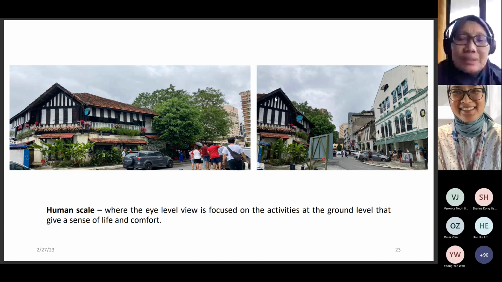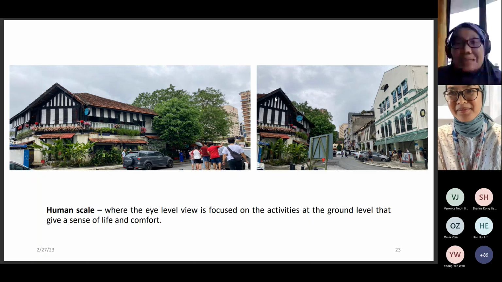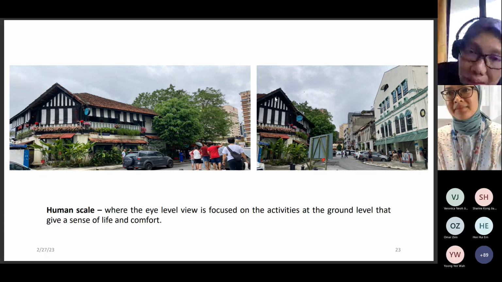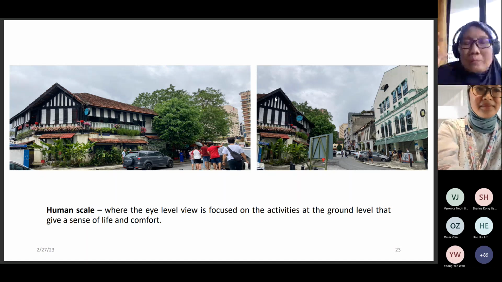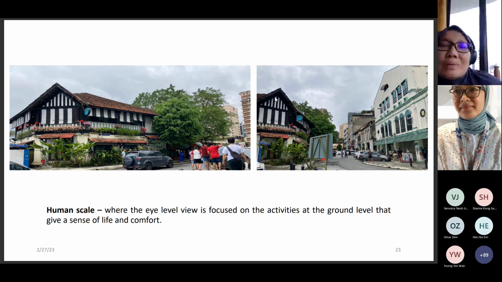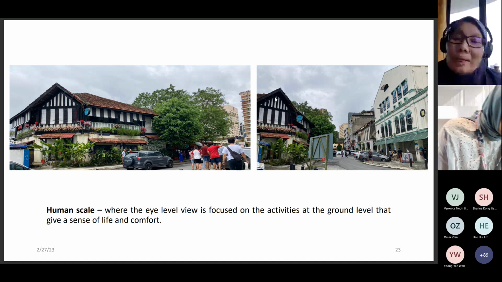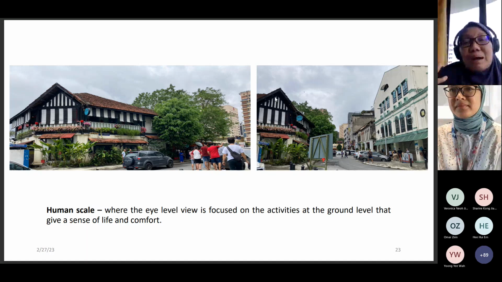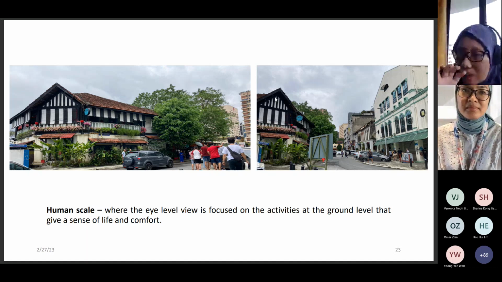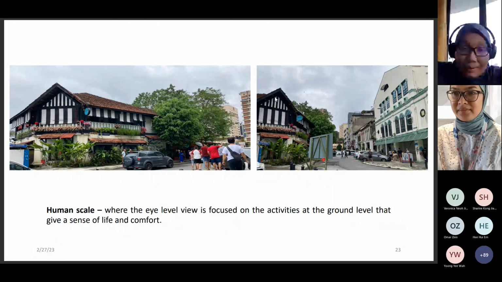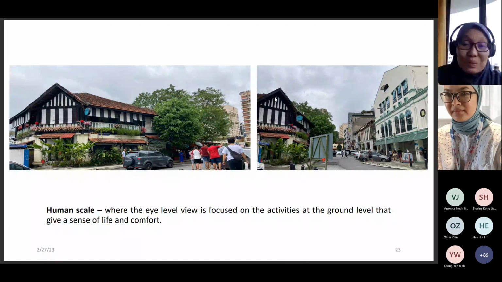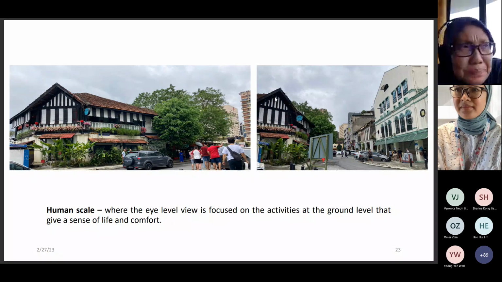So when you know that you design the townscape for eye level, then you have to focus where? On the ground level. That's where the activities are, that's where the focus should be. It's not to say that you cannot build high. Human scale does not mean that you have to design buildings that are only two-story or single story. No, that's not what human scale is all about. Human scale is about designing at the ground level where the human being is moving to be appreciated, and then you can build high. The most important thing is to take care of the ground level for humans to appreciate. Then the upper floors, then where you can put the